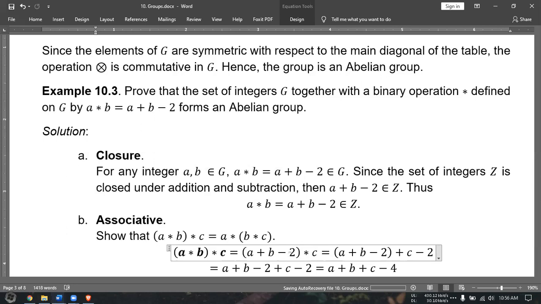So, say for example, this is our A and this is our B. So using the binary operation, A plus B minus 2. So this is A plus B minus 2. Okay, using this definition again,